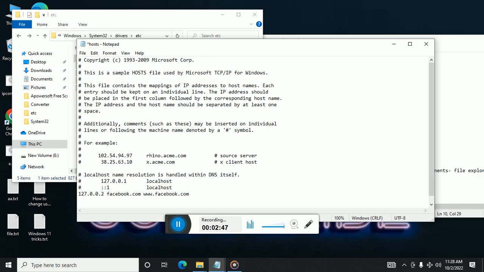Or let's say I want to block another website, so 127.0.0.3, and I'll say twitter.com or www.twitter.com. In this way you can mention multiple websites, and then click on File and Save, and now close